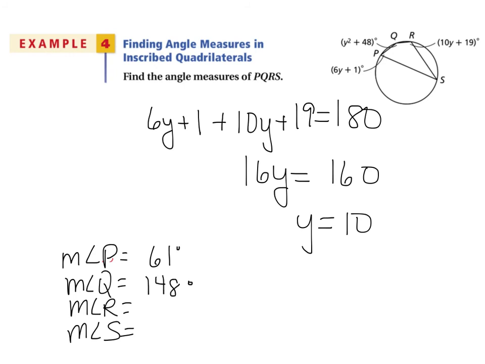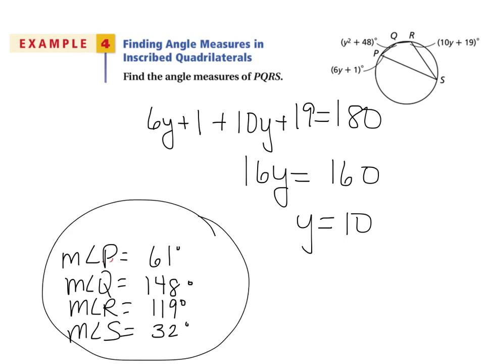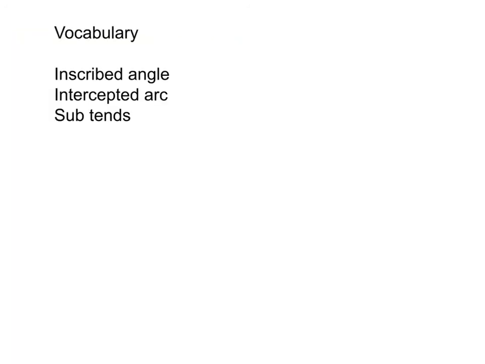The measure of angle S would be supplementary to that. It's supplement, so this would be 32 degrees. S is 32 degrees. And the measure of angle R would be 119. So there would be all 4 angle measures. Your vocabulary would be these 3 terms: